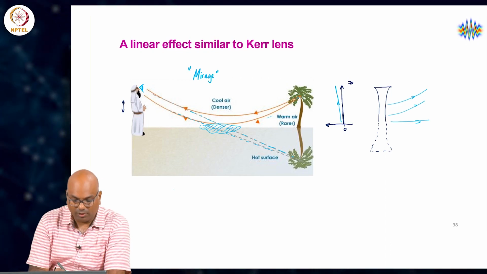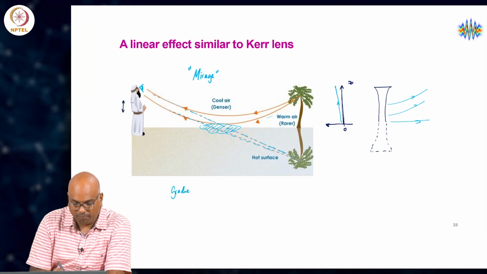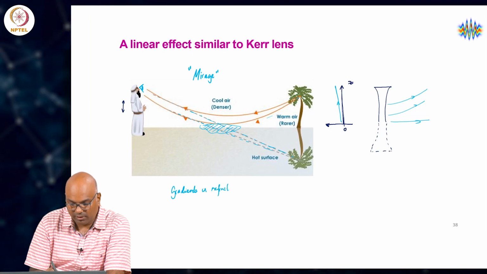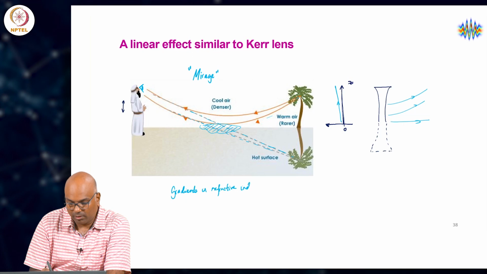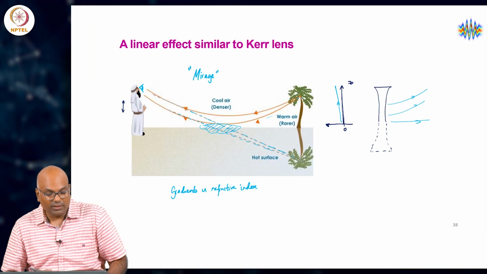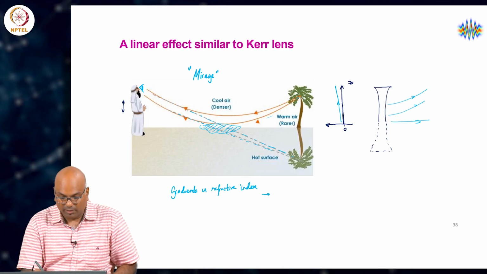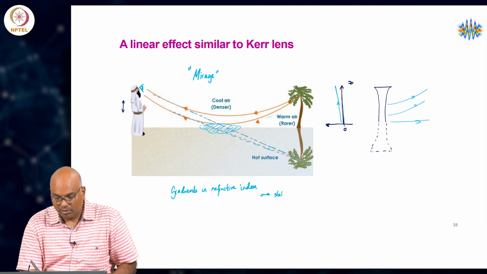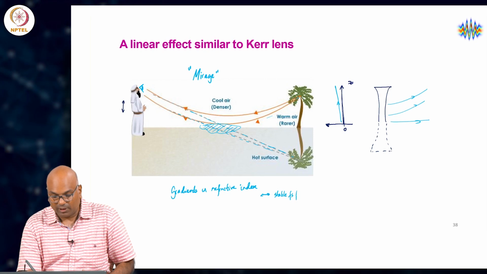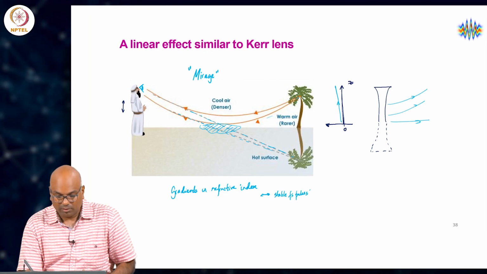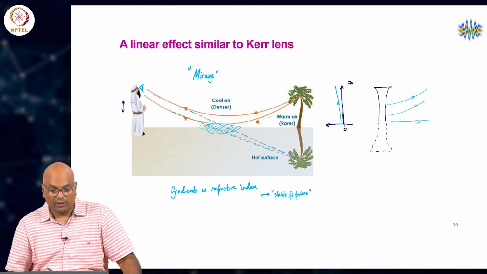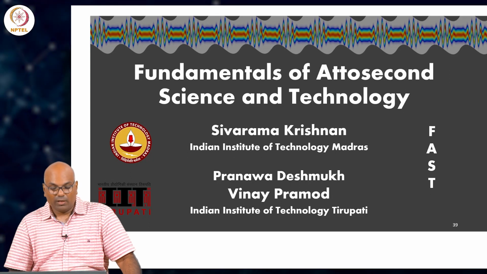This is also a consequence of gradients in refractive index. This is an important effect, and this is actually exploited to produce, meaning the Kerr effect, actually stable femtosecond pulses. We may have an opportunity to learn a little bit about that in the remaining parts of the course. Okay. So, with that I will